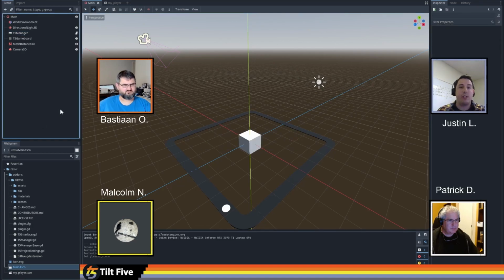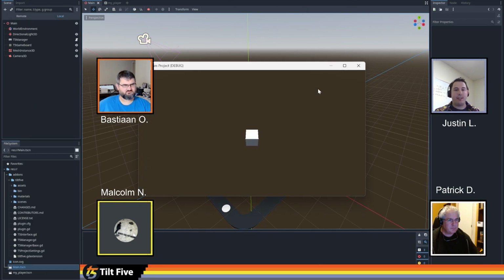of the XR rig. The reason this is important is if there's ever changes to the XR rig, you want to make sure you're inherited from it so you can pick up those changes without needing to redo your entire project, basically. Now, if I hit play, we should see, it doesn't look like much yet, but I should be